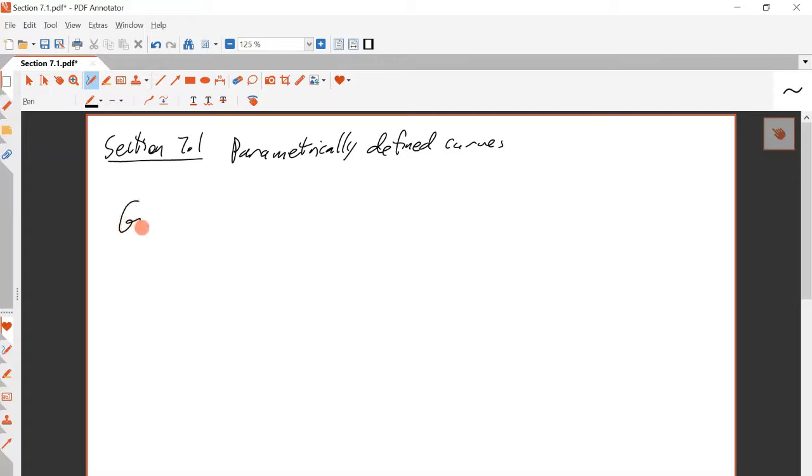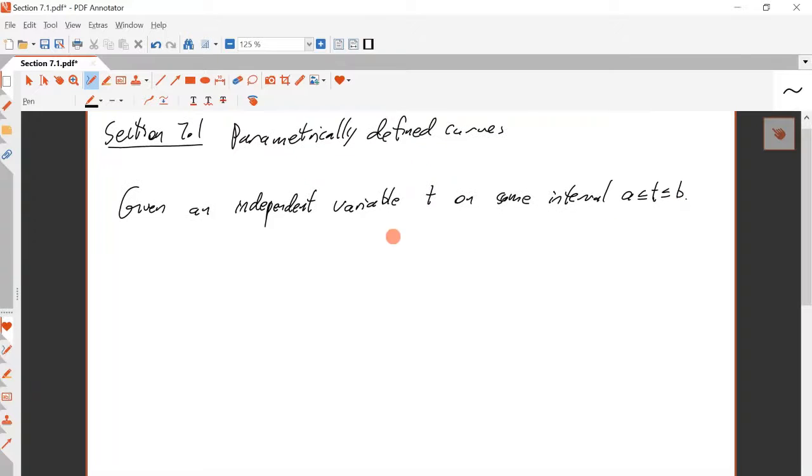Given an independent variable t on some interval, a less than or equal to t less than or equal to b, or something like that. A parametrically defined curve, so equations x equal to f of t, y equal to g of t,